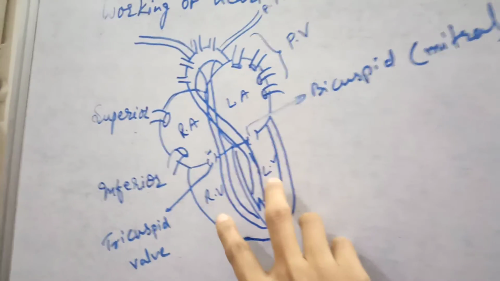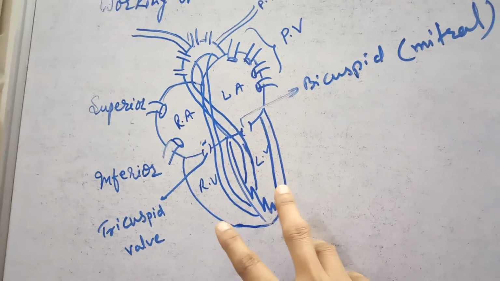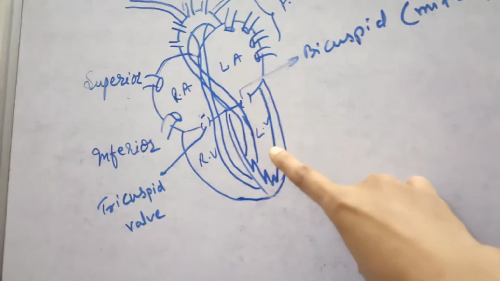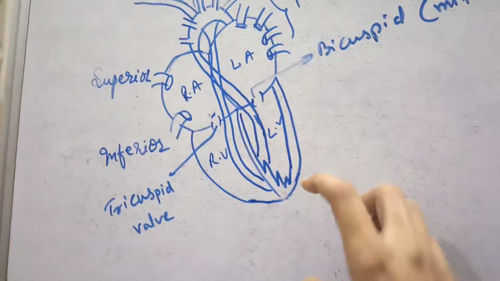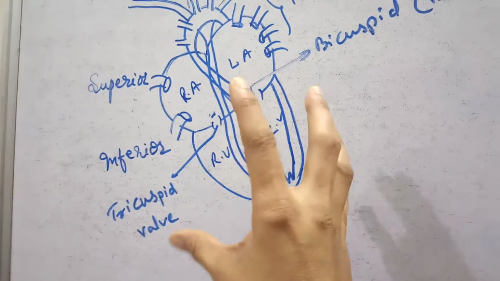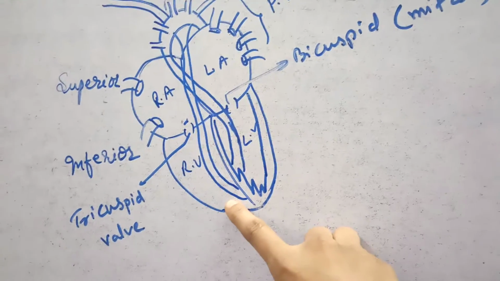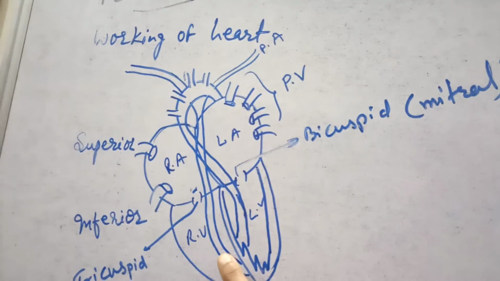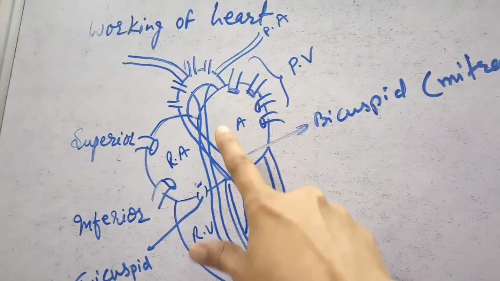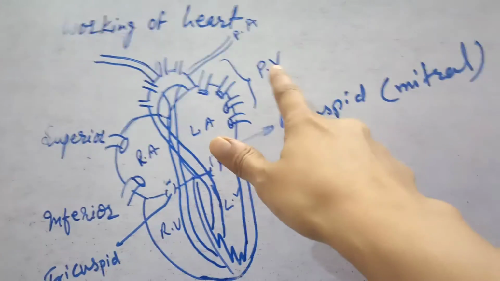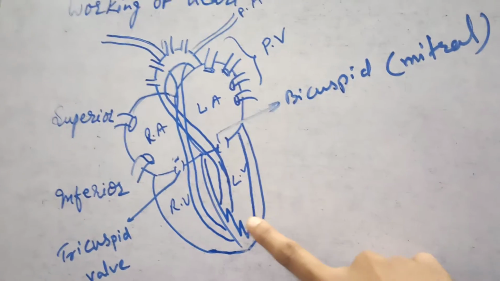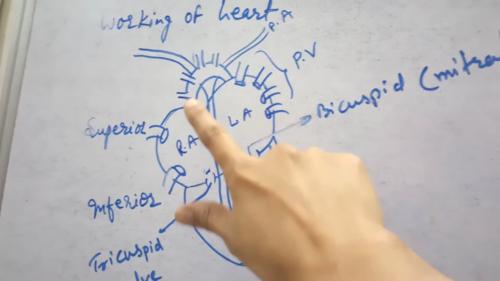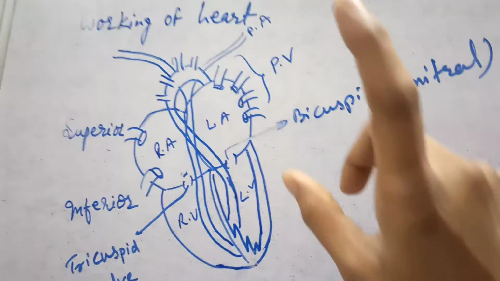Now when the ventricles get saturated with their respective blood, the right ventricle with impure blood, whereas the left ventricle with pure blood, and the ventricles contract, the impure blood from the right ventricle is pushed into the pulmonary artery. This tube-like structure which bifurcates into two branches is called the pulmonary artery, whereas the pure blood from the left ventricle is pushed into this thick tube-like structure which has four outlets, called the aorta.